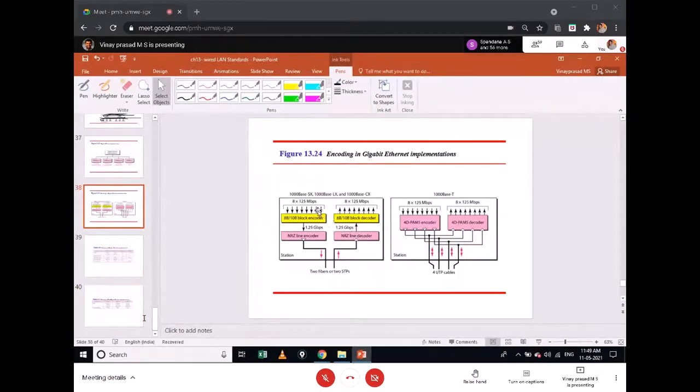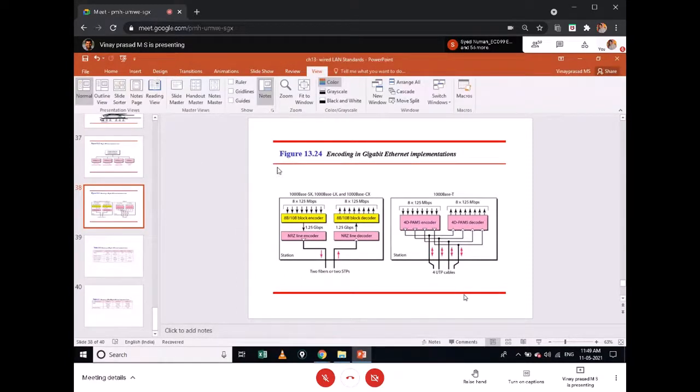What was used for synchronization, what block coding techniques they might use, and what line coding technique along with that to get a data rate of around 1 Gbps, 1000 Mbps. And in standard Ethernet it will be 10 Mbps, which all use the same thing, Manchester. But in fast Ethernet we might have used different line coding for each of these implementations. For the first three we would use the same thing. For the last, four wires of UTP, we might use another type of line coding.